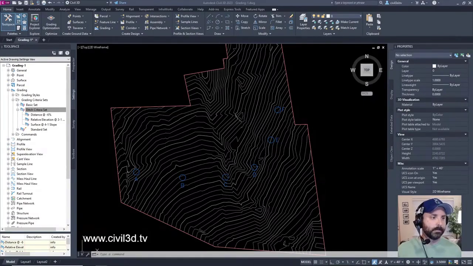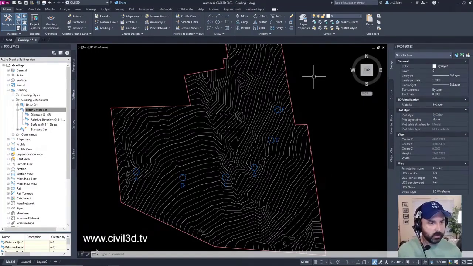Okay, next, we're going to be getting into creating grading styles. We're still in grading -1, and this exercise will continue from creating grading criteria. We'll create a new grading style, and we're going to be going into the tool space once again.